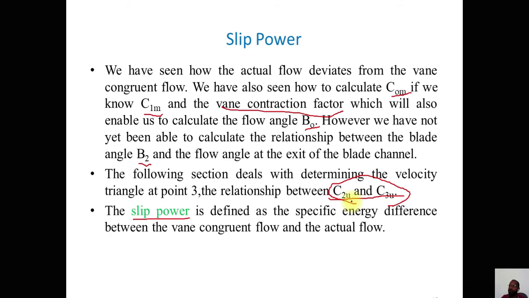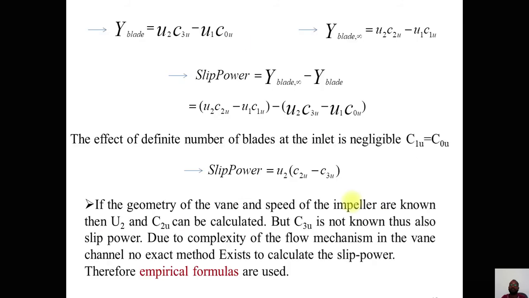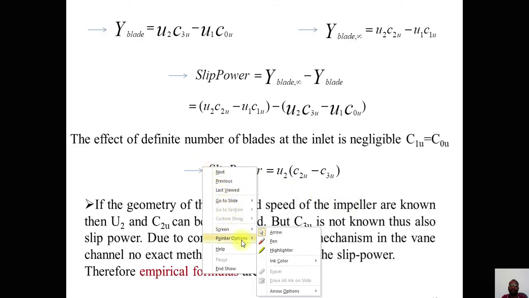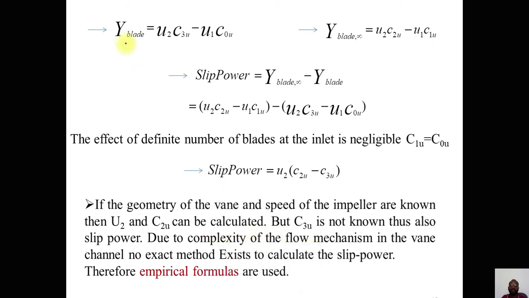CTU, C3U. The only parameter that can correlate these two parameters, CTU and C3U, is called slip power. Mathematically, if you take slip power, what we have seen is this one is at the actual side, specific work done at the actual side, simply by combining the flow velocity at the inlet